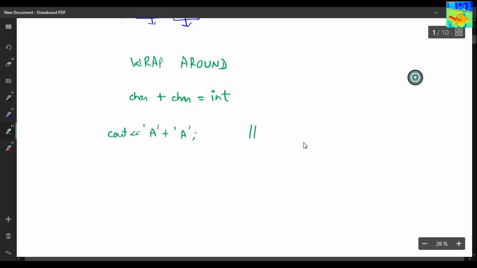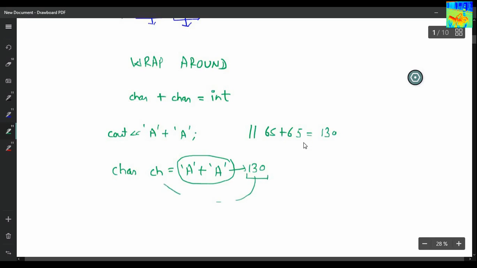My output will be 65 plus 65, which is 130, no doubt. But what will happen if you write char ch equals capital A plus capital A? Then the output of this expression is an integer, which is 130, and the character corresponding to 130 will be stored in variable ch.